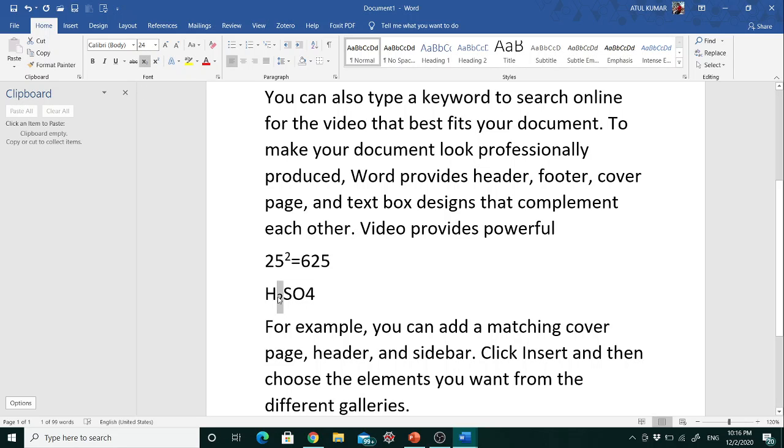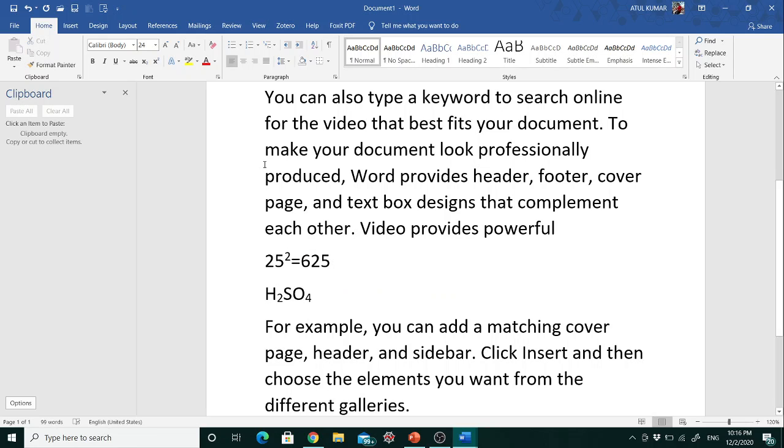Now you can see 2 below the H. Similarly, we have 4. Just go to this subscript, and it will convert this 4 to the small letter below the line of text. So this is now H2SO4, that is sulfuric acid.